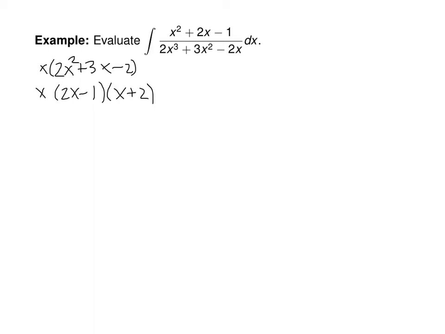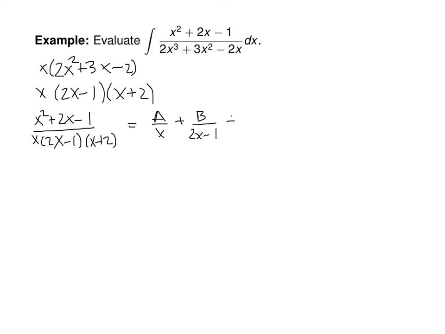So what we have now is (x squared plus 2x minus 1) over x times (2x minus 1) times (x plus 2), which had to come from some A over x plus B over (2x minus 1) plus C over (x plus 2). Now when we multiply by the denominator, we get x squared plus 2x minus 1, sorry,